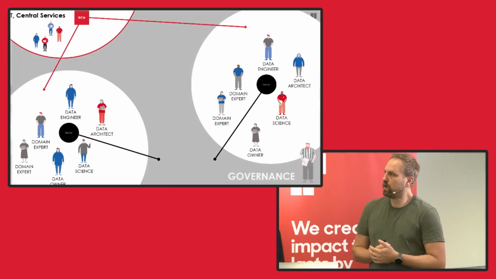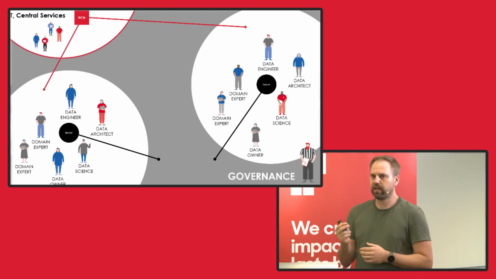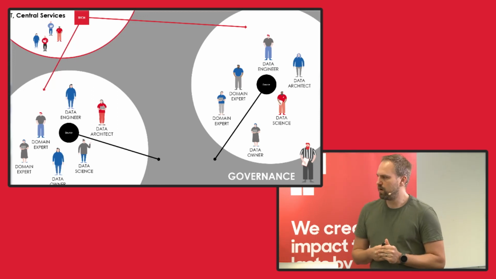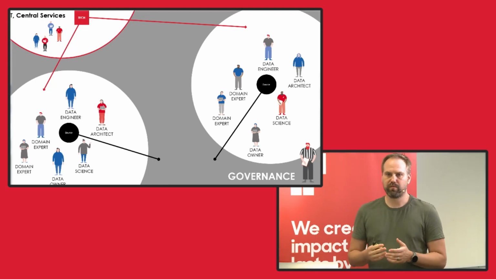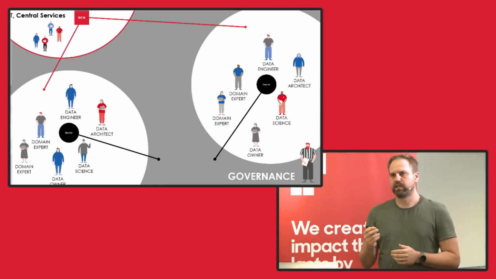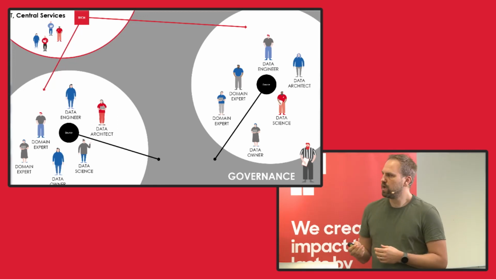And of course, everything requires governance. But I think the governance yet again changes. And this is the final principle of data mesh, which is the federated computational governance. So I think AWS says it really well. You want to govern the edge, you want to manage the edge. And what that means is that if we now look,